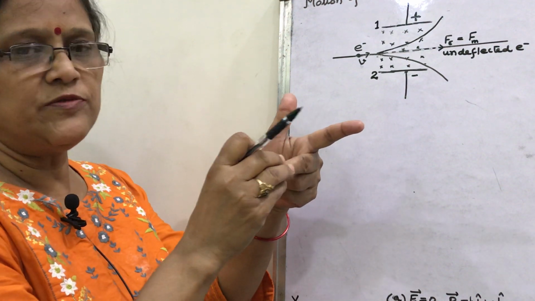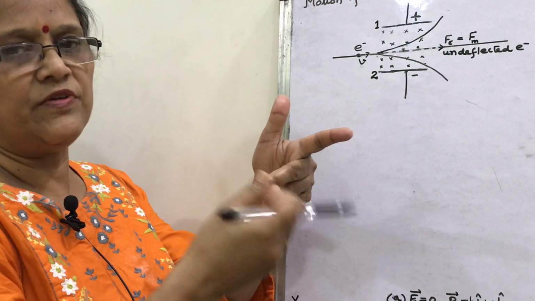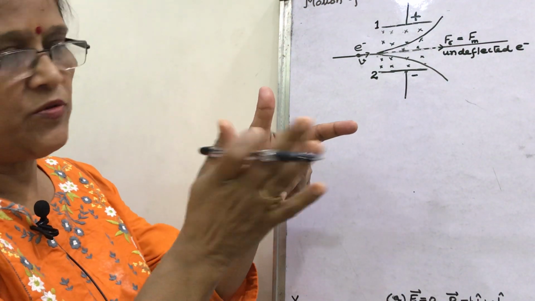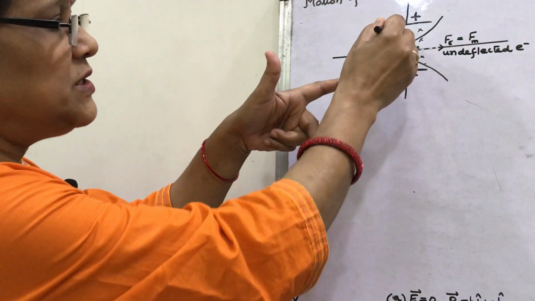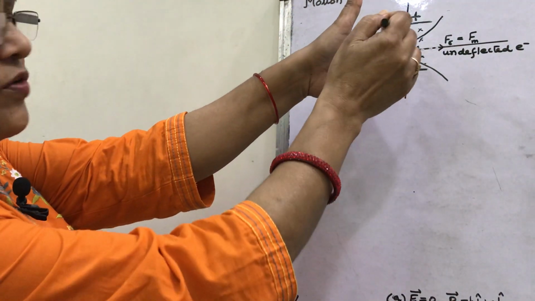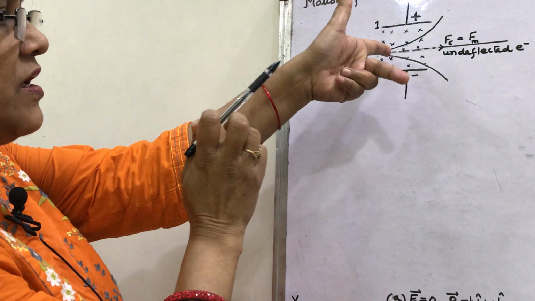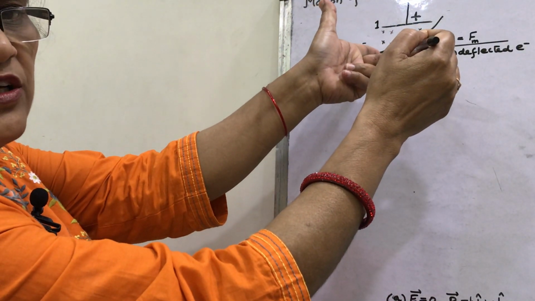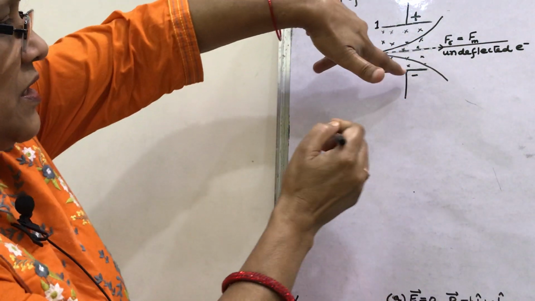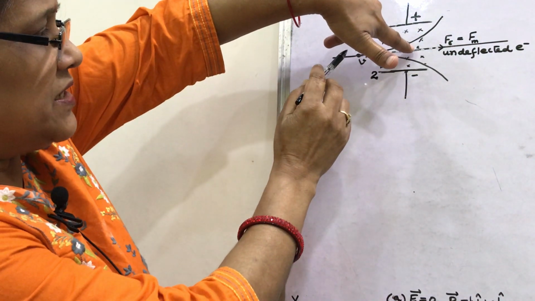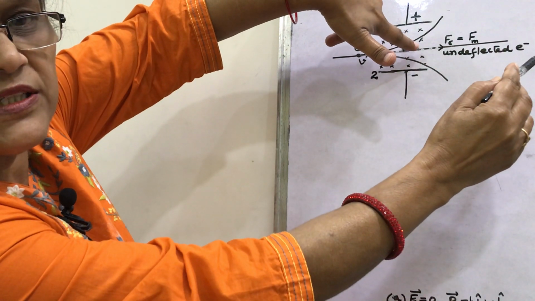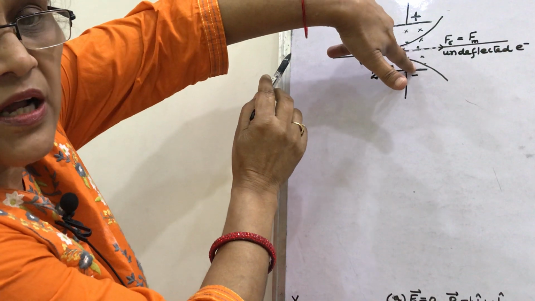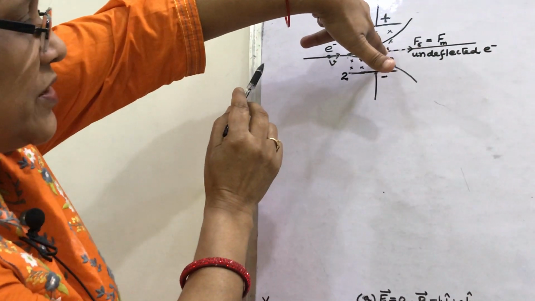So if this finger is for positive charge, then opposite of this finger will be the direction of the negative charge motion. How? I am going to show you here that cross is the magnetic field, so the forefinger represents the magnetic field, and electron is approaching in this direction, so this is the positive charge direction. So what will be the positive charge direction? If electron is approaching in this direction, then this is the motion of positive charge. You have to know how to put your hand for the motion of electron.